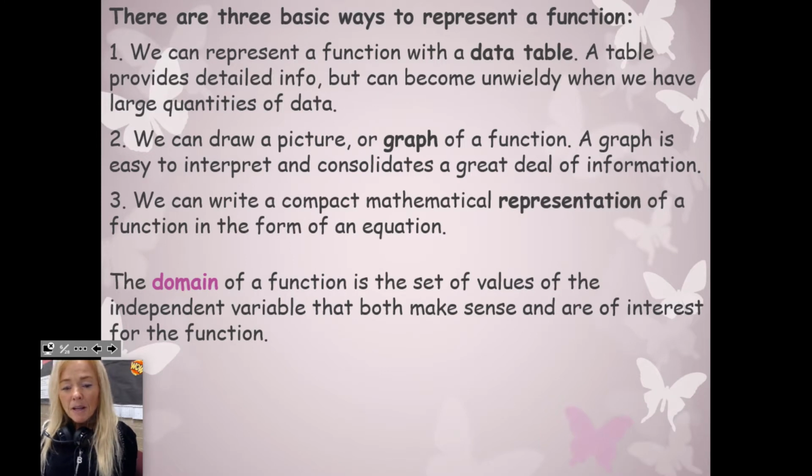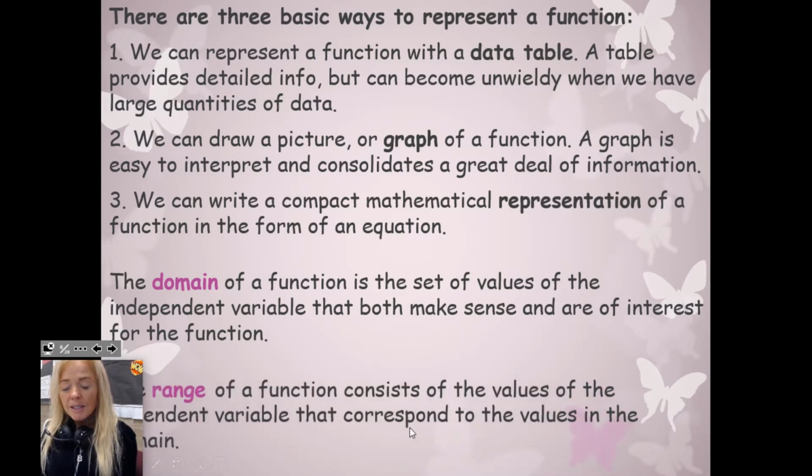Some people like that. Now, the domain of the function is the set of values that are independent, so anything that can go into the first value. So the independent variable will be the domain, and the range of a function consists of the values of the dependent variables that correspond to the domain. So for instance,